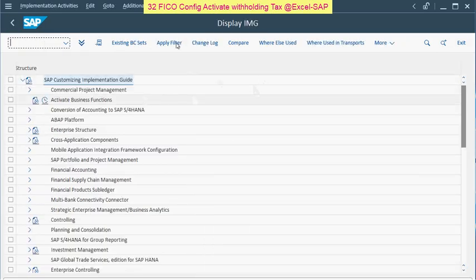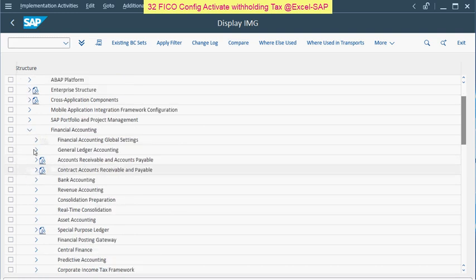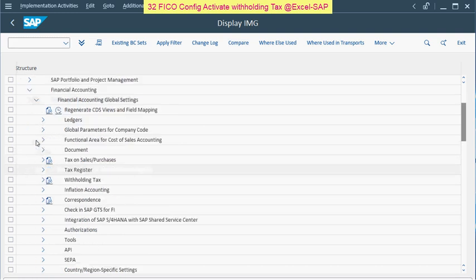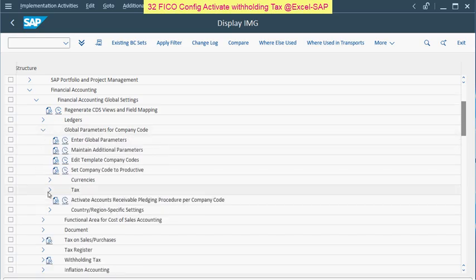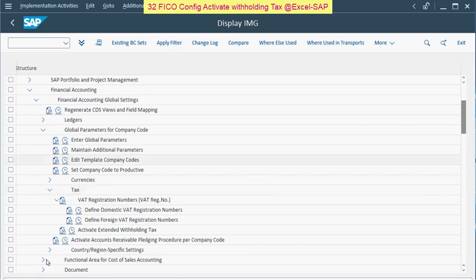SIMG. Then go to the financial accounting here. Then financial accounting global settings. Then go to the global parameters for company code, then click on tax here, and then here activate extended withholding tax. Click here,